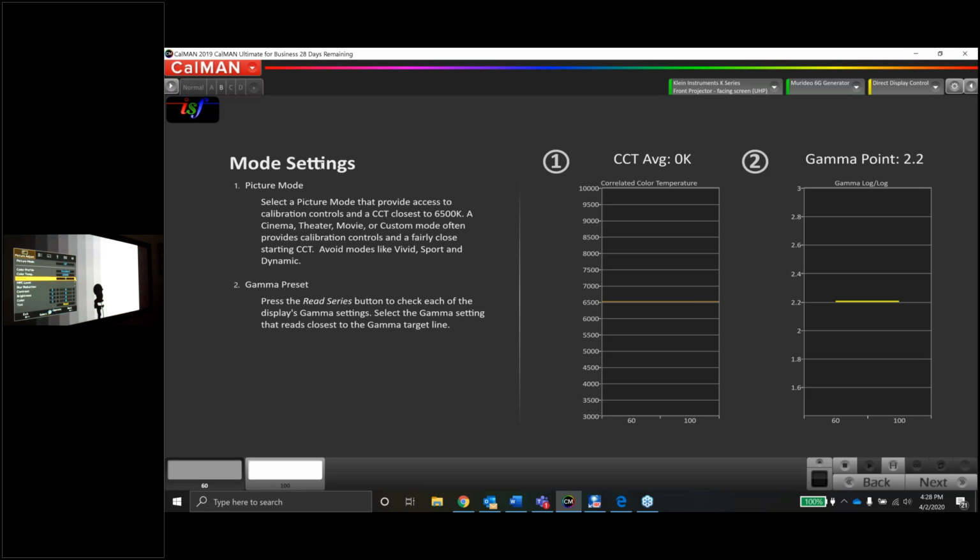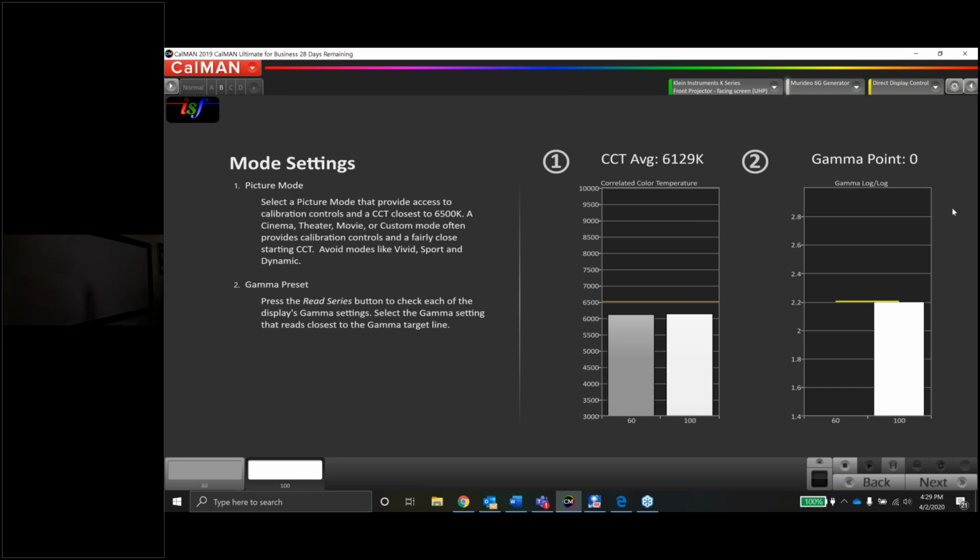So sometimes you would expect this to be at its darkest setting and just go lighter, lighter, lighter, or maybe it's at a really light setting and goes darker, darker, darker. This one doesn't seem to follow anything like that, which is exactly why I like to recommend, and I do it myself, just measuring all of them just to see. Let's measure B. While we're waiting for the JVC, let's check the